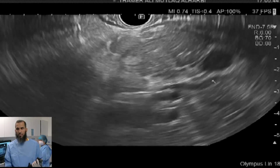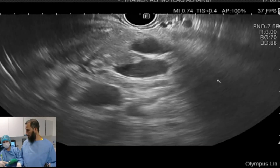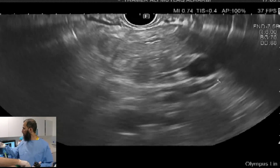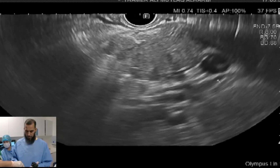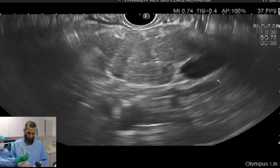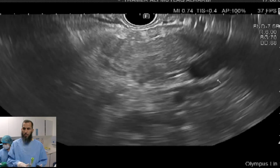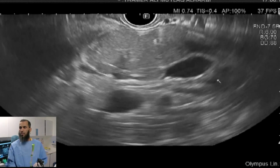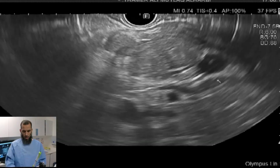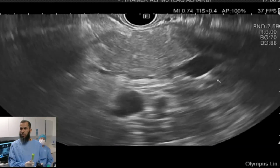Okay. So Dr. Abid, can we see the sample? Yes, you have it. It's very small. So would that be enough, or will you take another one? So we'll take another one to make sure we have a good specimen. So what technique would you choose if the first sample was not enough? Would you now change to wet suction or dry suction or without? Yes, that's a good question. So probably